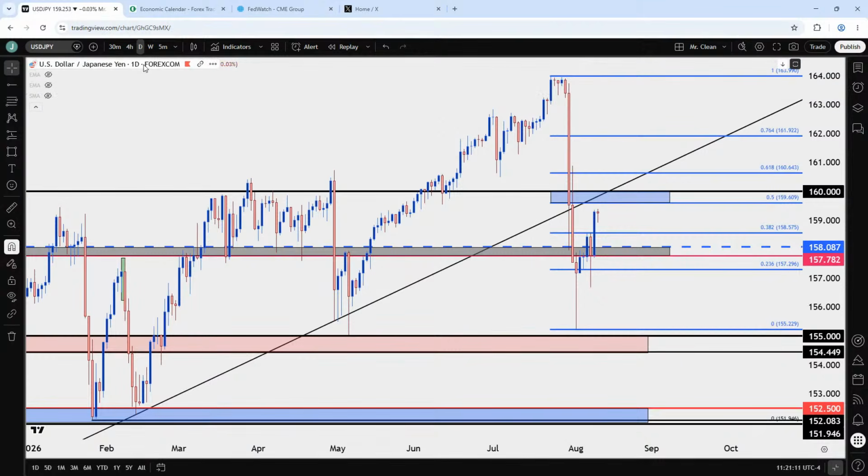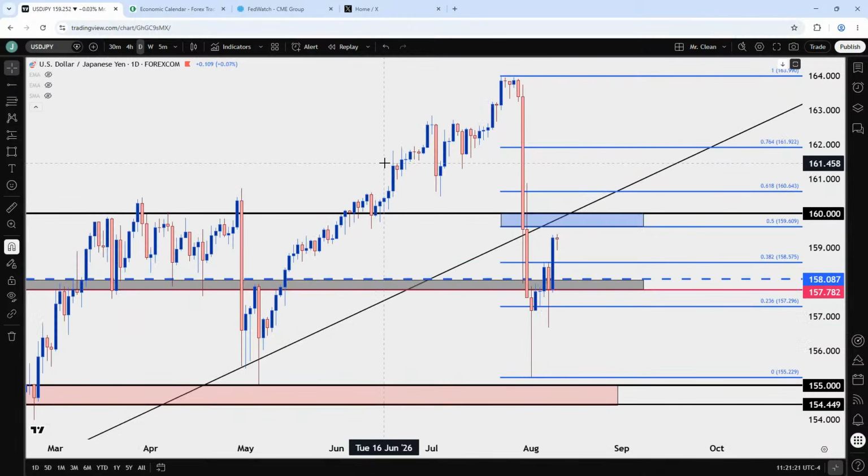But I think a lot of the flows in USD are going to come from this. The other pairs I'm going to look at, I'm going to try to divorce this situation because the reality is I don't want everything aligned to just a binary bet of what dollar yen is going to do. But I'm still of the mind that as goes dollar yen, so goes the dollar basket. Short term,